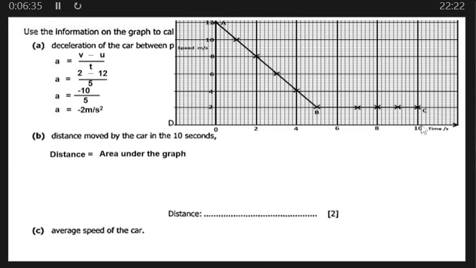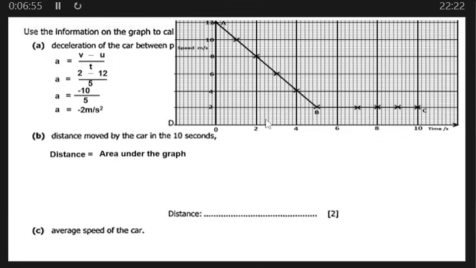So you see 10 seconds is somewhere here. So from 0 to 10, all this area under the graph, if we are able to calculate it, then we are able to calculate the distance covered by the car or moved by the car. So to be able to calculate the area under the graph, we are going to cut this